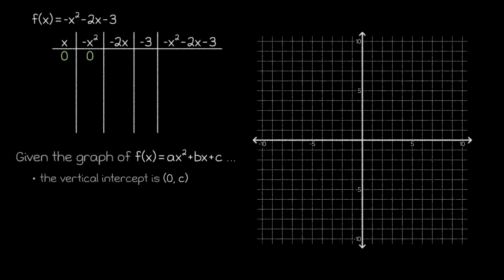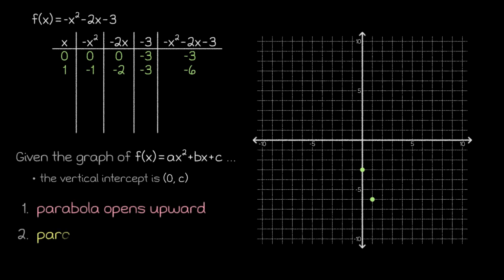This, of course, doesn't affect the vertical intercept at all, but it will be important for any input other than 0. We'll be able to see that when we plug in 1, and we end up getting these two starting points that just so happen to be the exact same points we started with in our last graph. Then, we'll try to determine which way the parabola opens by extending our inputs a bit in both directions.